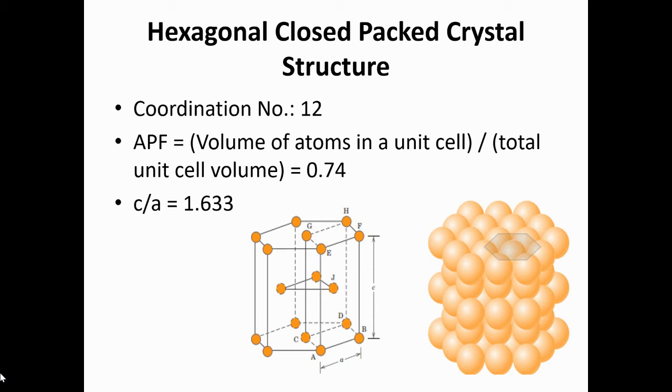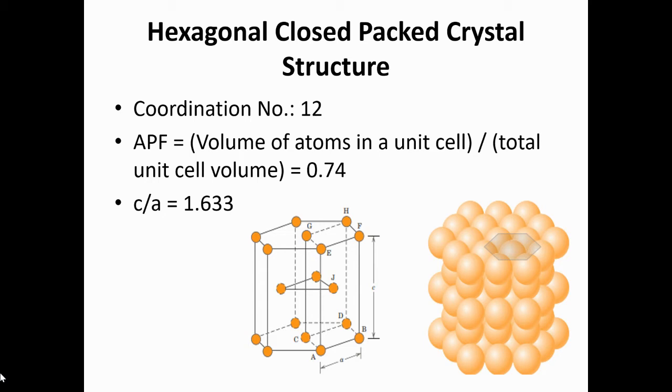Okay, so this is the structure of hexagonal close-packed crystal systems. Now, if a and c represent, as you can see in the picture, respectively the short and the long unit cell dimensions, the ratio of these two, that is c by a, should be 1.633. However, in some HCP metals, this ratio deviates from the ideal value.